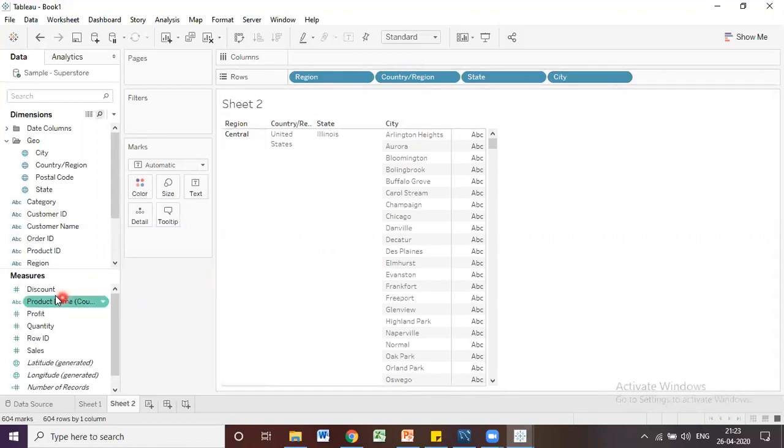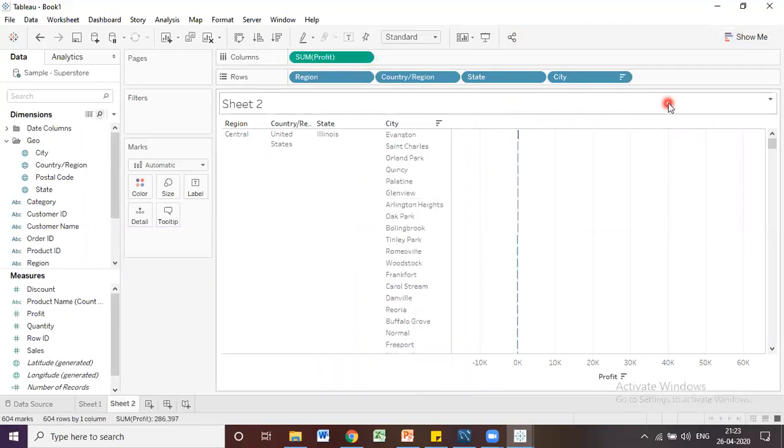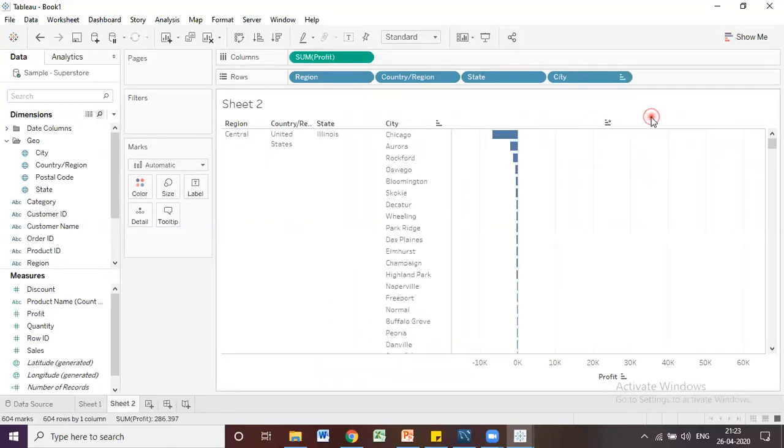Now I am going to drag profit. Okay, I have profit, I am going to sort this one. Yeah, this is the profit. Now here the client requirement is that first I want to see the region wise profit, meaning in each region what is the profit amount.